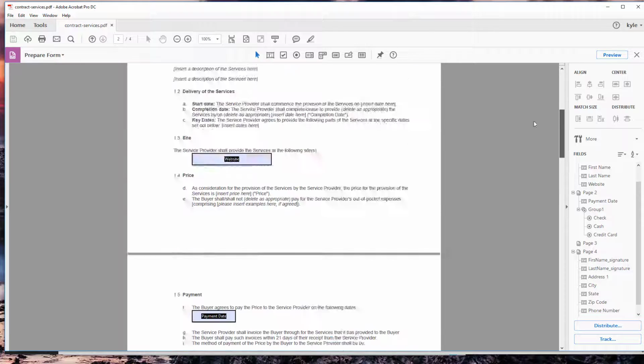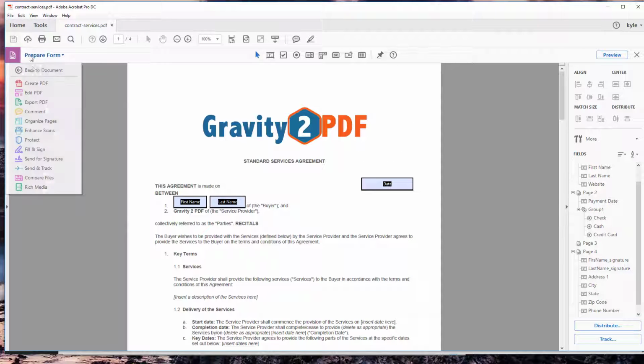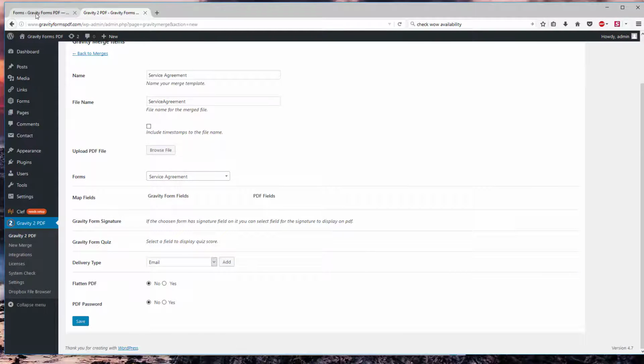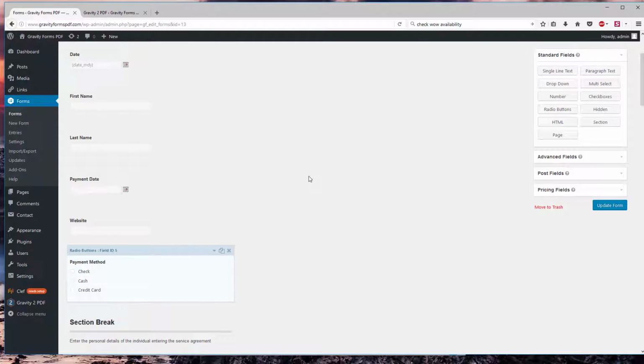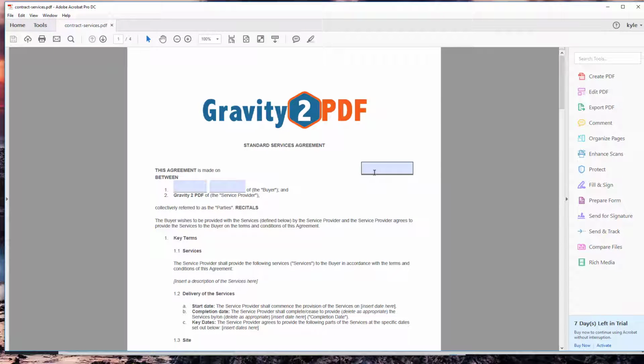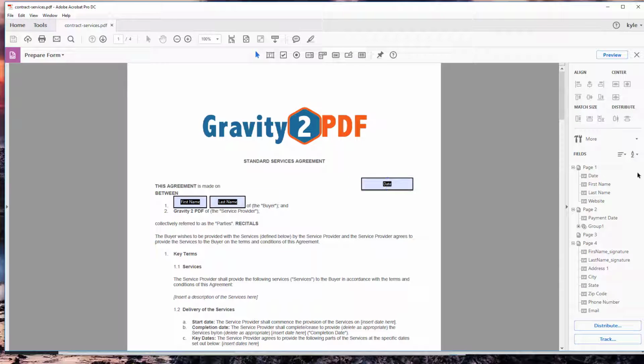But for now, I have this form complete, so you basically just save your form, and I already have that saved. And the next part of the process is we create our Gravity form. So I've gone ahead and created all the fields that are on our form, and the way I really like to do this is I like to look at my form as I'm creating my Gravity form, and what I do is I look at the name of these and I'll say, okay, well I need to collect a date